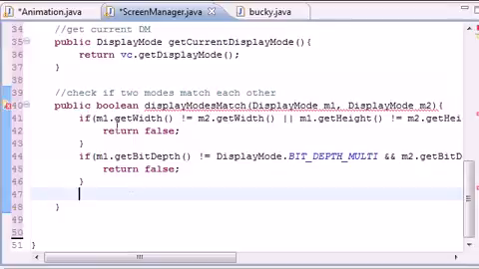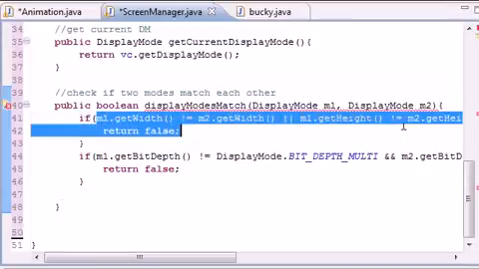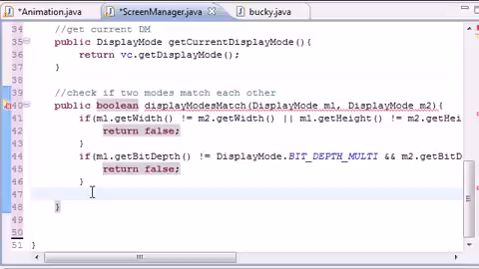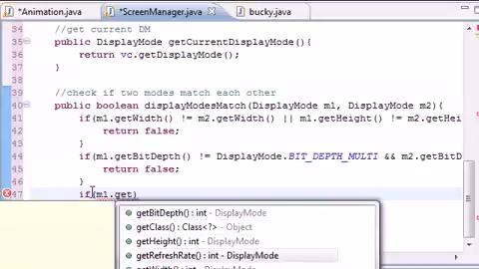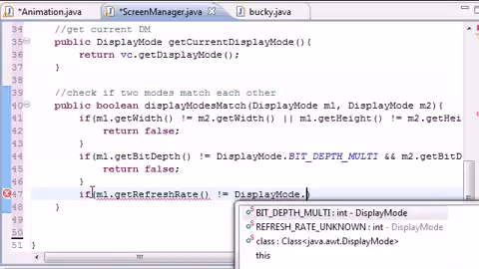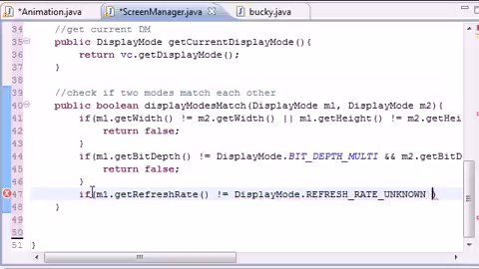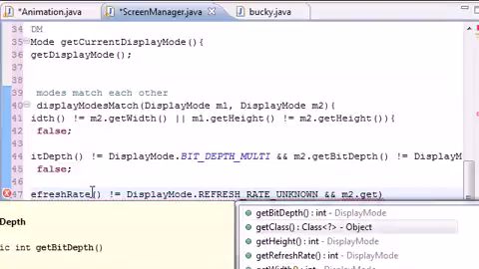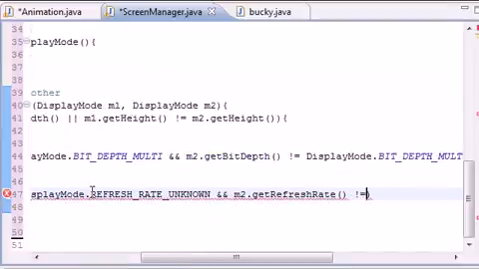So now what we did is we made a test for the resolution to see if they match, and if they don't match, we want it to return false. If the bit depths don't match, we want this to return false. And if the refresh rate, excuse me, if m1.get refresh rate is not equal to display mode dot refresh rate unknown, and m2 dot get refresh rate is not equal to